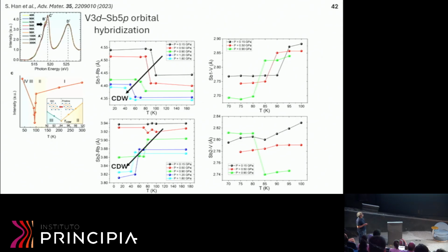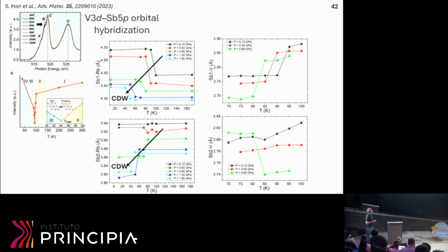So why did we look at the antimony? That's because I think Jorg also said this morning that the charge density wave for this kind of materials is not exclusively in the vanadium atom, but it's also a hybridization of the vanadium with the antimony, okay? So by looking at the local structure of the antimony, we could track the charge density wave, indicating that there is actually this hybridization of the antimony and the vanadium for the superconducting state.